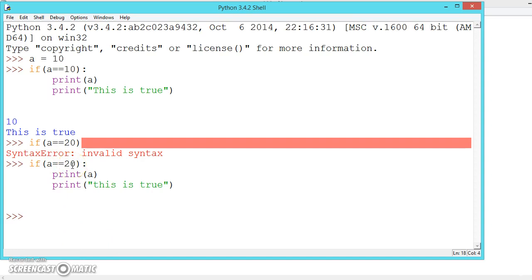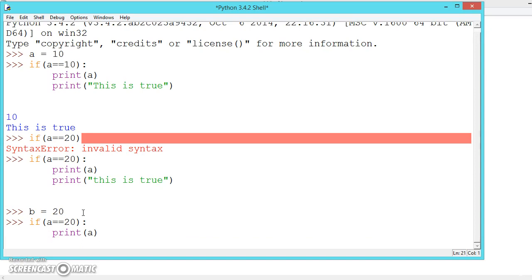We can also use nested statements. Let us say a is equal to 10 and b is equal to 20. Now if you want to write nested if conditions, like if a is equal to 20, first it will print the value of a, and then we can write other statements like "this is false".